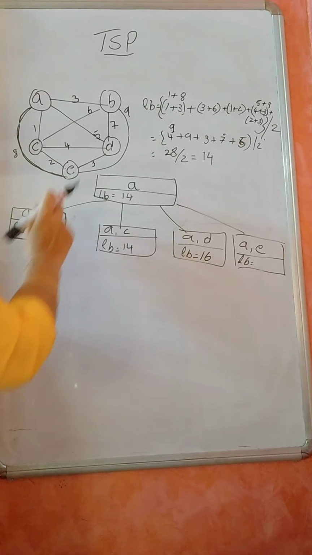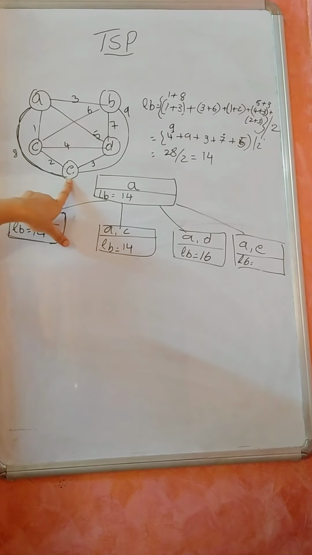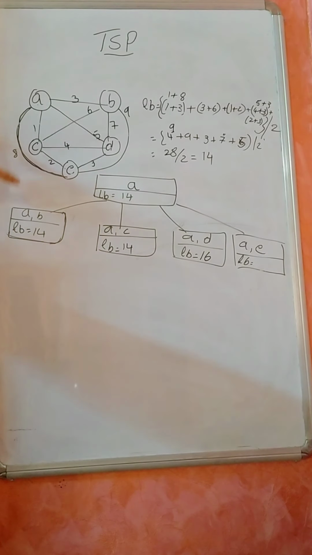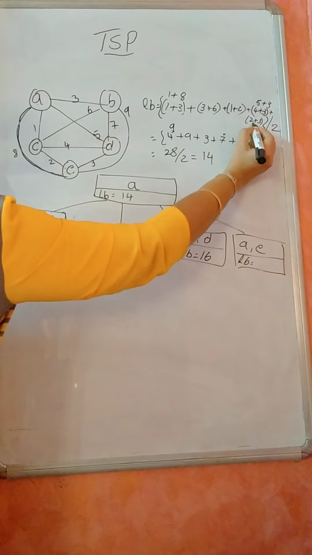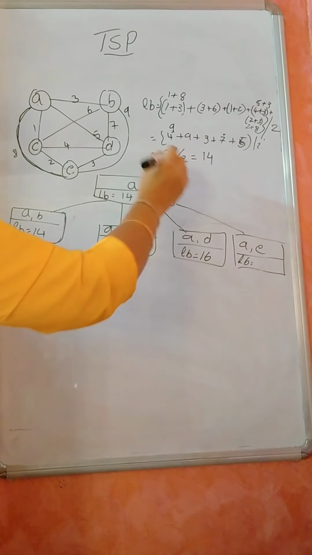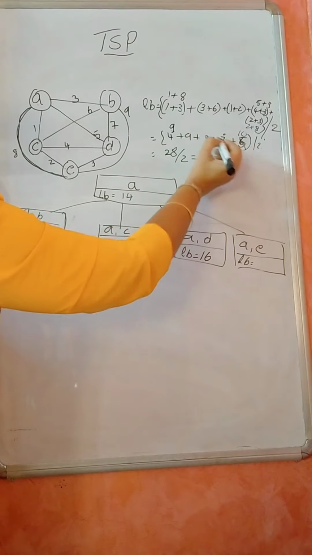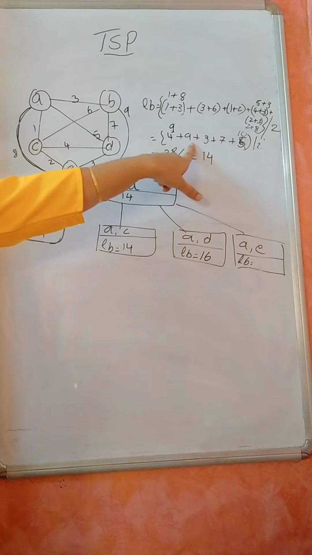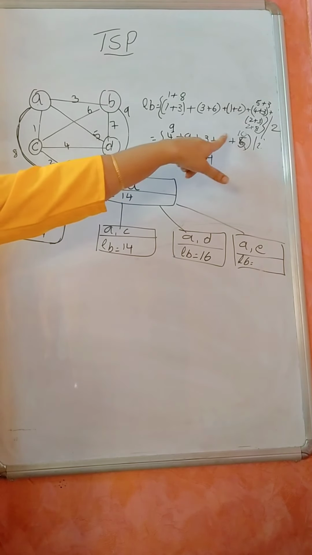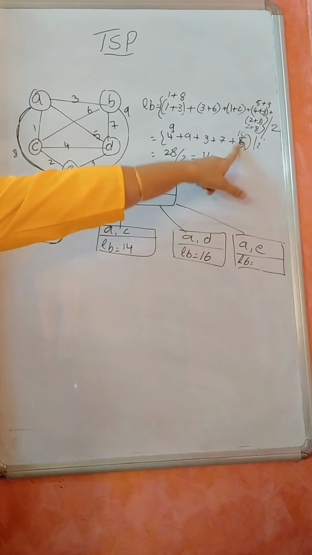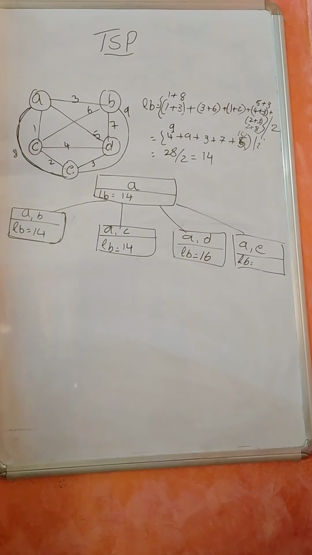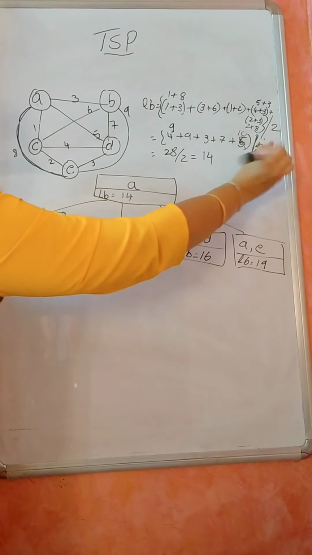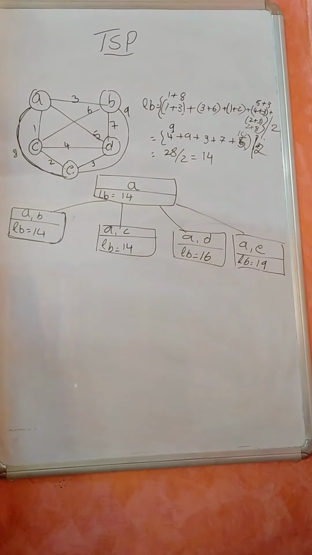And this is fixed. So from E we are considering 2 plus 3. Now which is fixed? 8 is fixed. So 2 plus 8, it is 10. So now this is not 5, this is 10. Now add all of them. So it is 9 plus 9, 18. So 21, 28, 38. So 38 divided by 2, you have to do it as 19. So the next lower bound is 19.